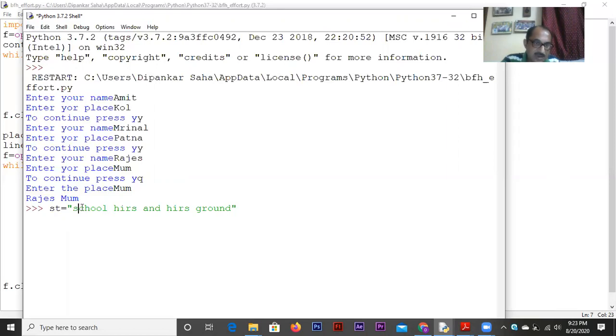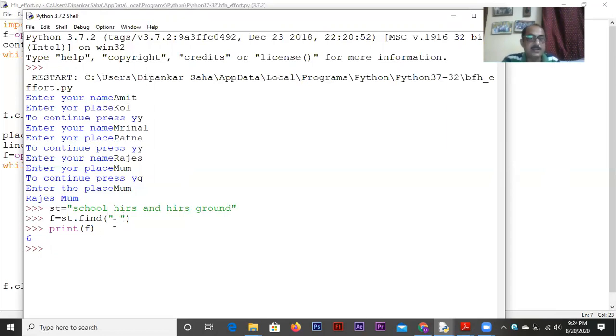That is 0, 1, 2, 3, 4, 5, 6. So if you just write f equal to, I want to find out the index of the first space, so I do find the space, and if I do print f, then I will get the index 6.